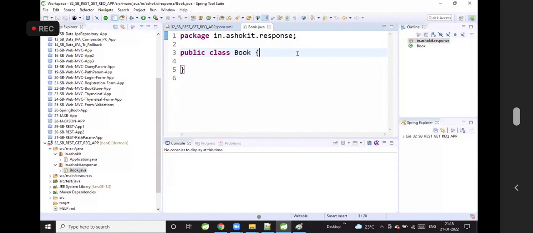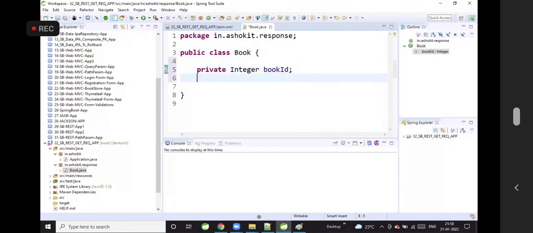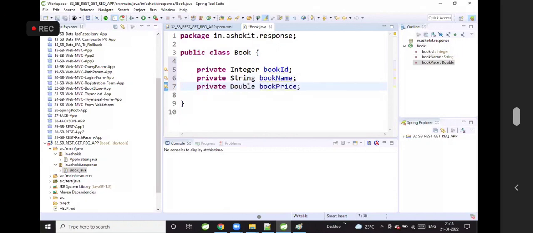Public class book. Let me take variables. Private, let's take the wrapper classes recommended. Private Integer bookId. Private String bookName. Private Double bookPrice. I don't want to generate